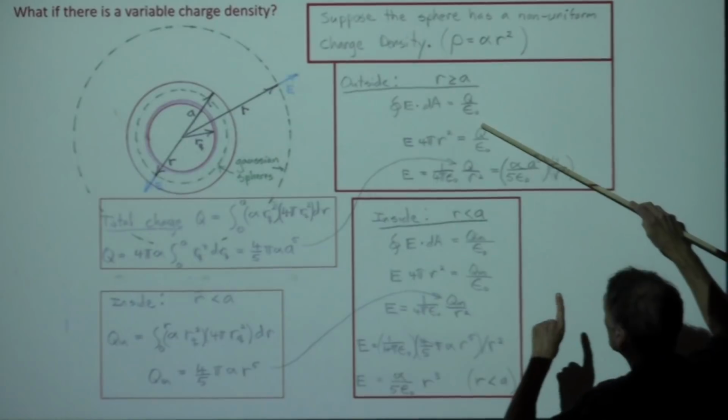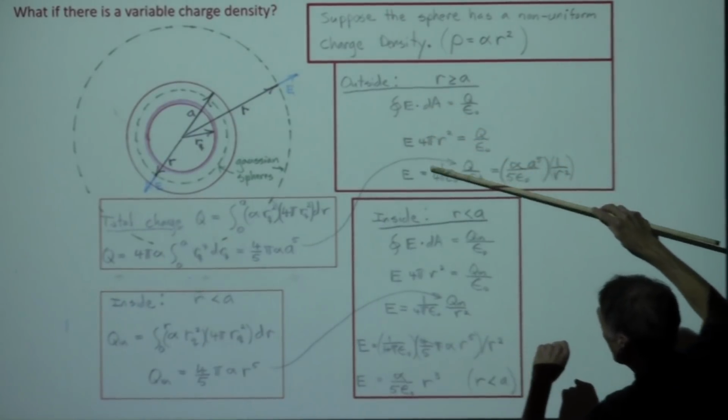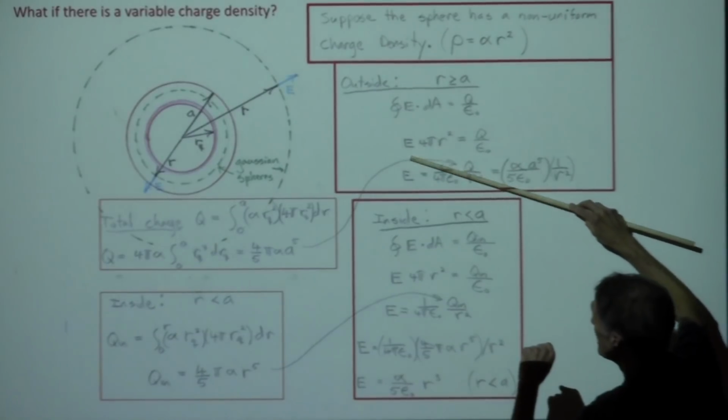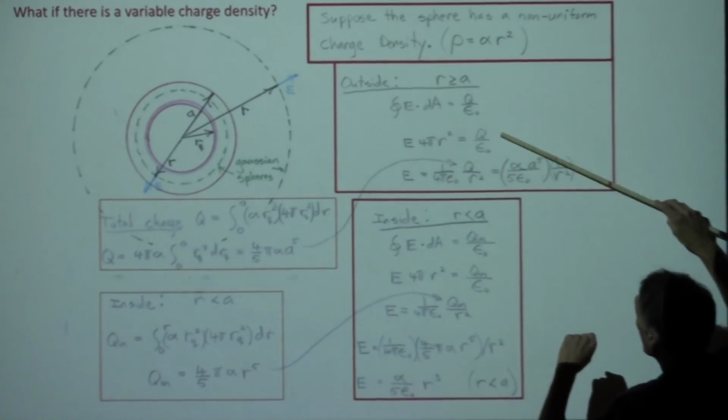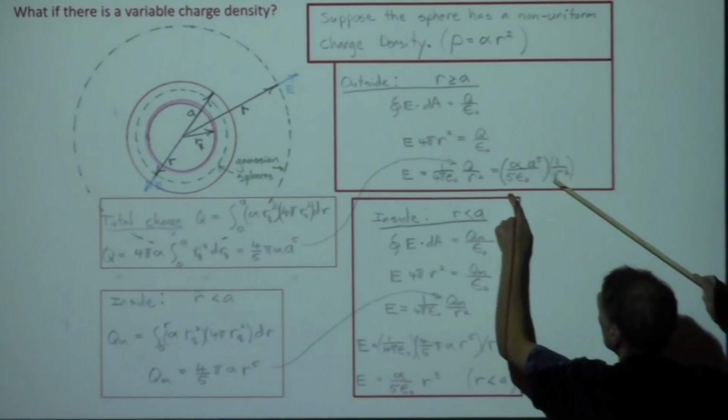It's going to be the Q that's enclosed. This side, again, becomes rather trivial. It's just E times the area. The Q we can put in with, that's going to be,